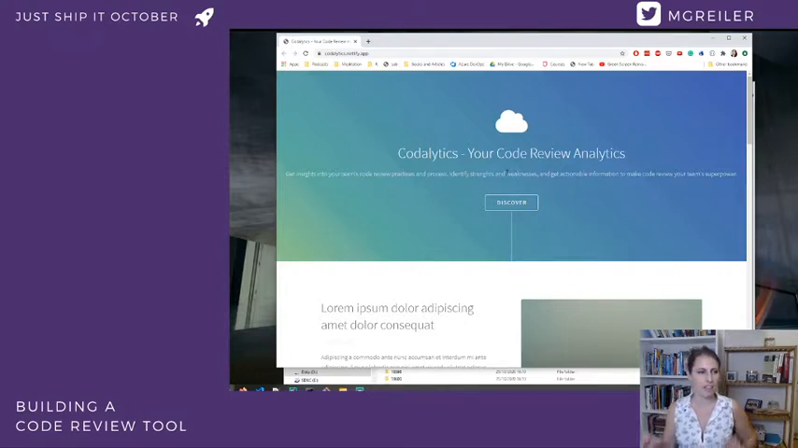We could have a very short thing, like Code Review Analytics, your code review analytics, and then helps make code review your team's superpower or something. And then we have those three things that give insights into your team's code review practices and processes, identifies strengths and weaknesses, and